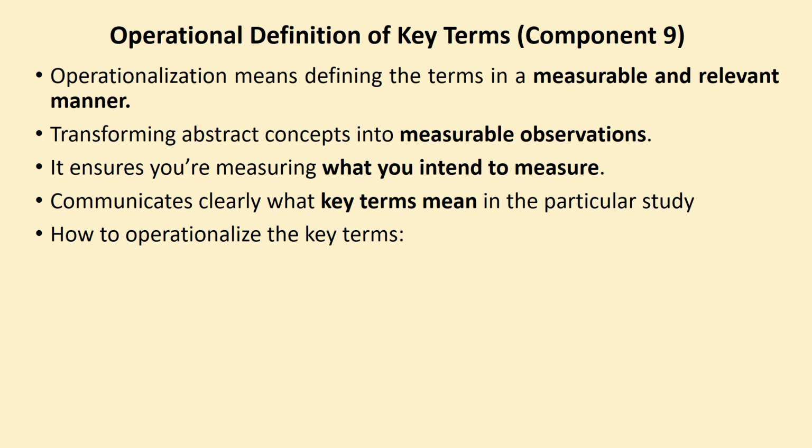For example, achievement has a standard definition, but when you are doing a particular study which involves achievements of the learner, then it is the responsibility of the researcher to define and make sense of achievement in his or her study. As a researcher, what you mean by achievement in your study, you have to identify and you have to operationalize it. So that is what operational definition of key terms means, and it's a very important component